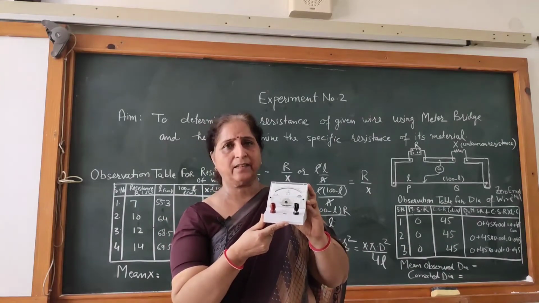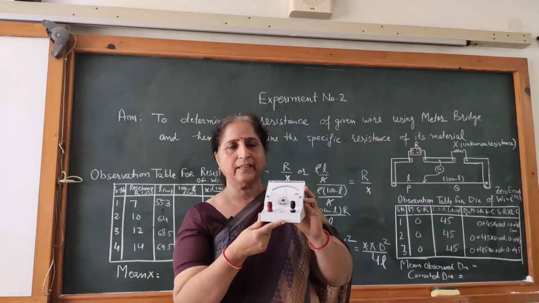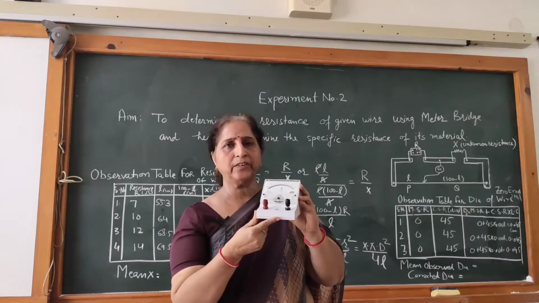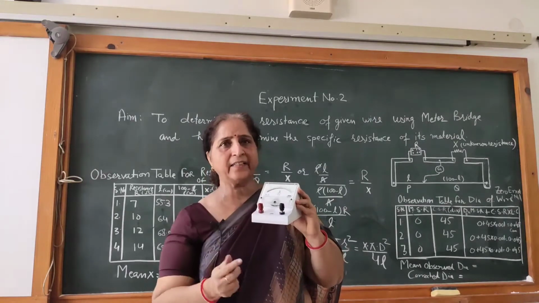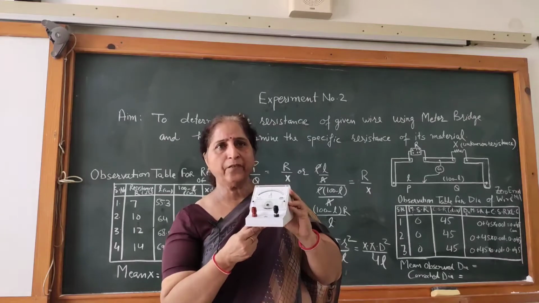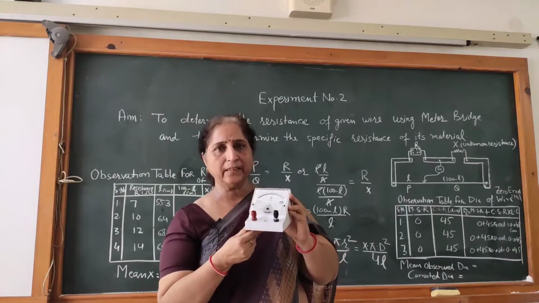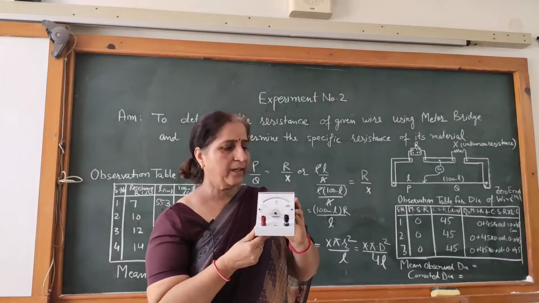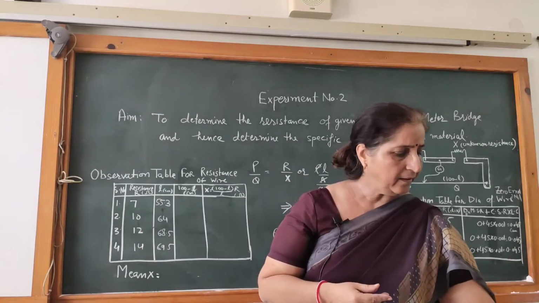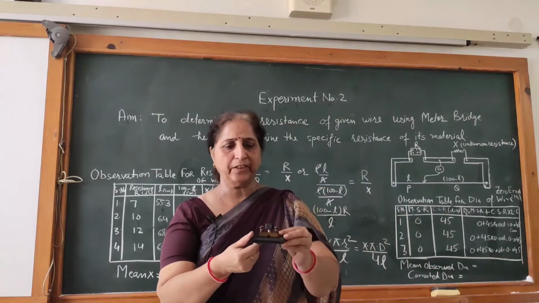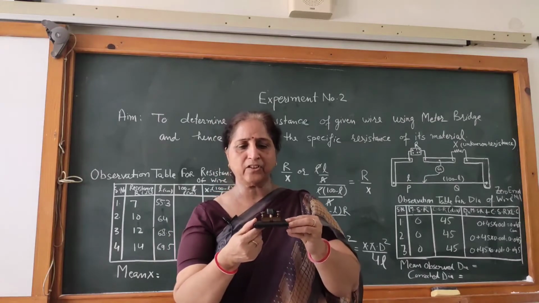Galvanometer will detect the presence or absence of current, because in this experiment you have to locate the position of the null point. So if the galvanometer needle is pointing at 0, then no deflection in the galvanometer will indicate that no current is passing through the galvanometer, and the null point will be located with the help of this galvanometer. Then you will be using a one-way key, which you have already used in the Ohm's law experiment and in many other experiments also.